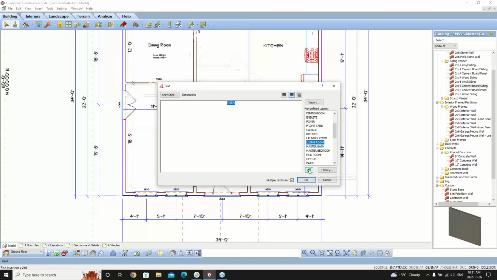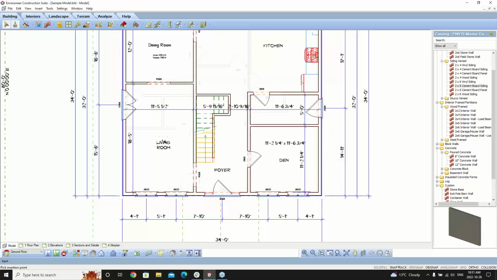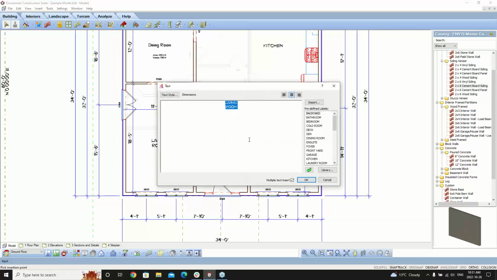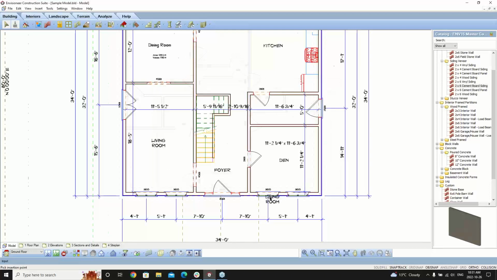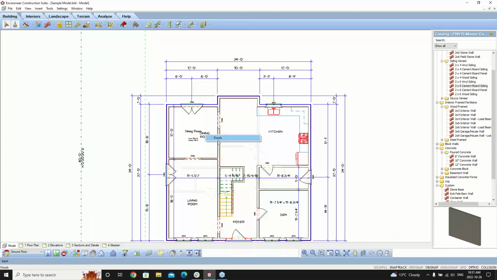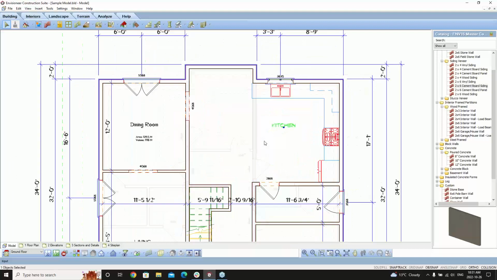So we're just going to go living room, load it in, say OK, and we'll drop in the living room option. And we'll do one more, we'll do dining room, load it in, say OK, and we already did dining room, sorry. And we'll just say finish. So now we're done with our text and adding in our text, but we can also get really precise on how we want things to be